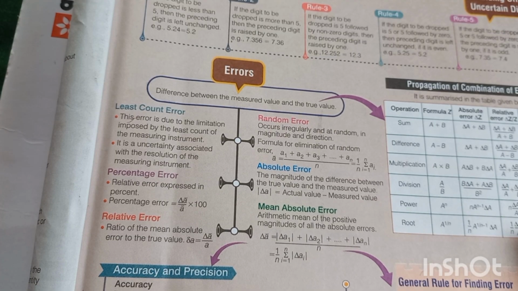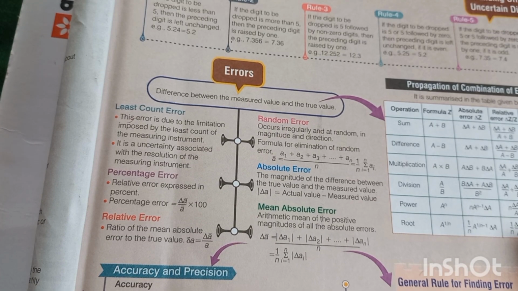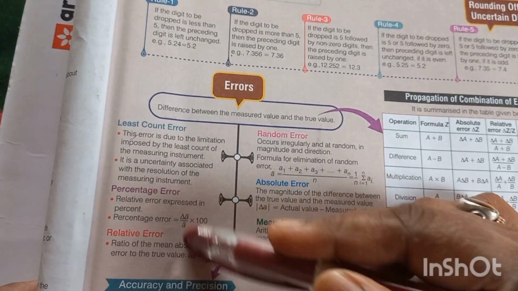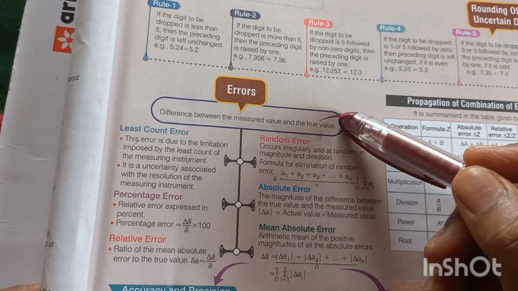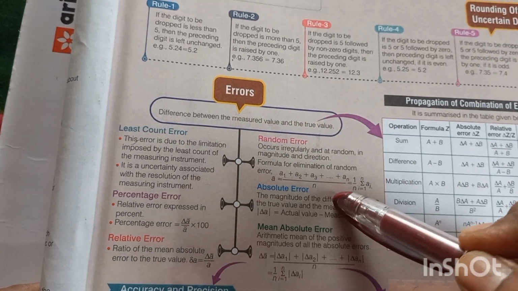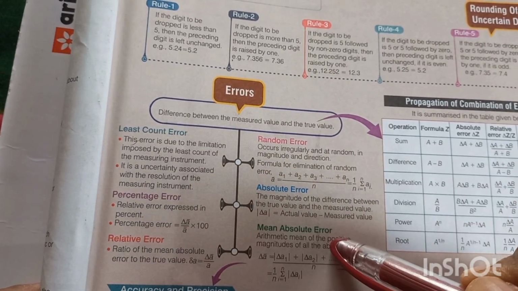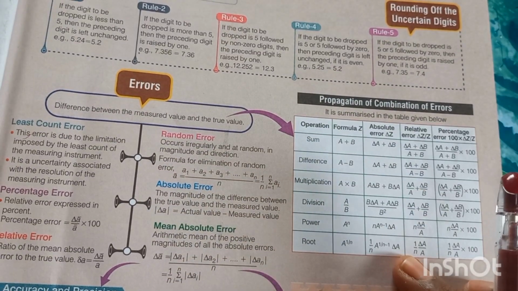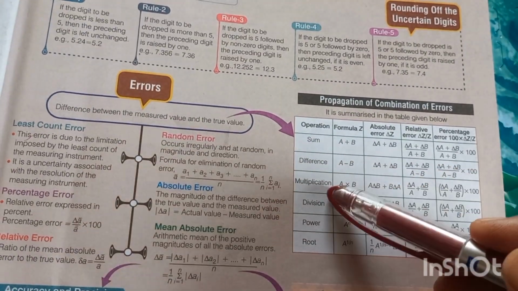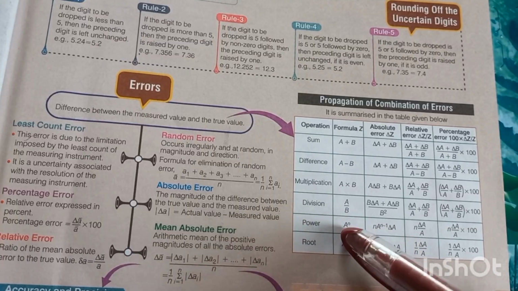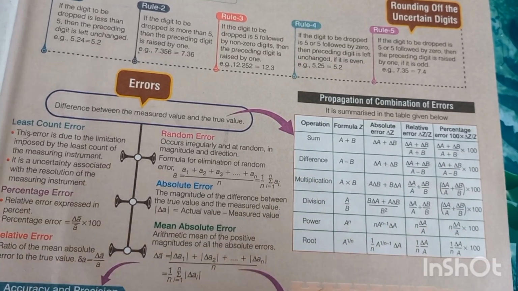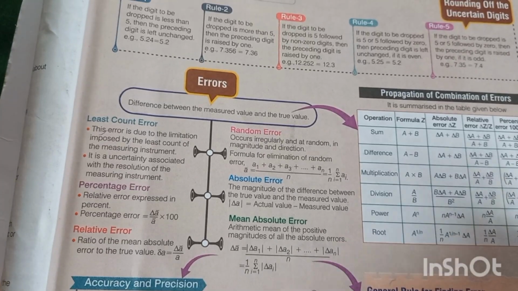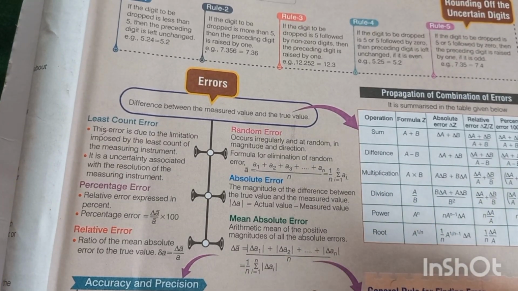So there are 6 types of errors: the least count error, the percentage error, the relative error, random error, the absolute error, and mean absolute error. And there is a chart also by which we can see the sum, difference, multiplication, division, power, root of the errors. So here error is nothing but the difference between the measured value and the true